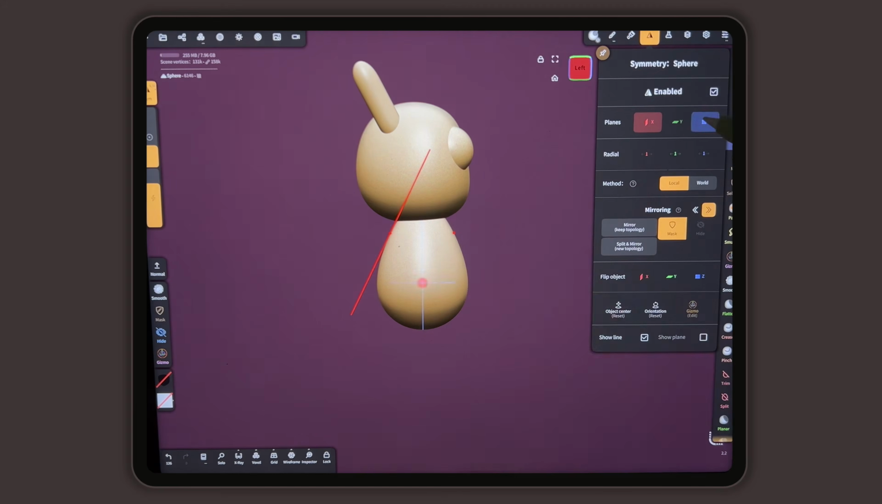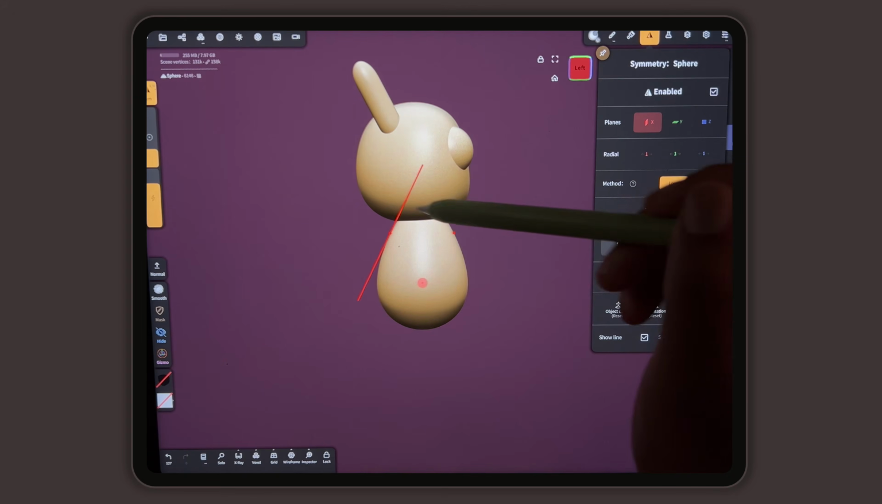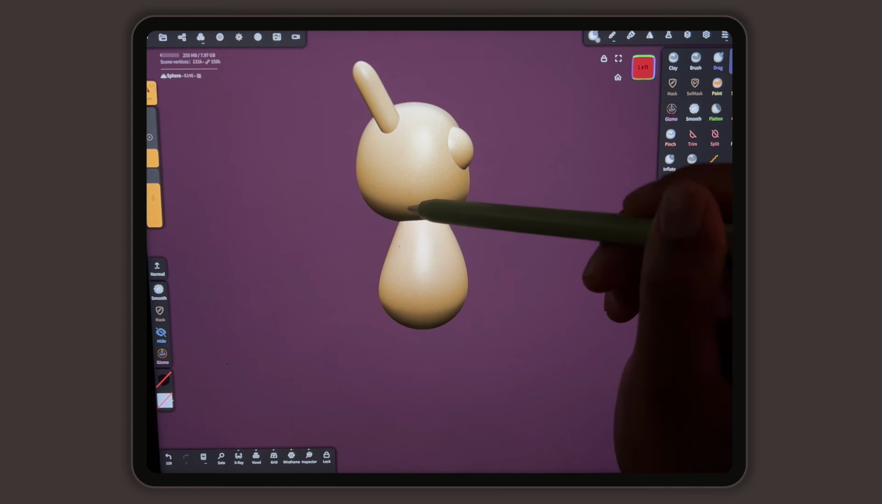And I think I want to turn Z off, since we have the general shape. And now we'll just kind of